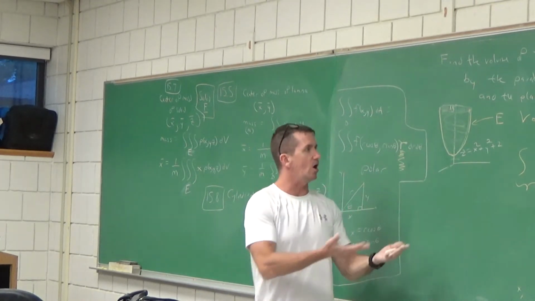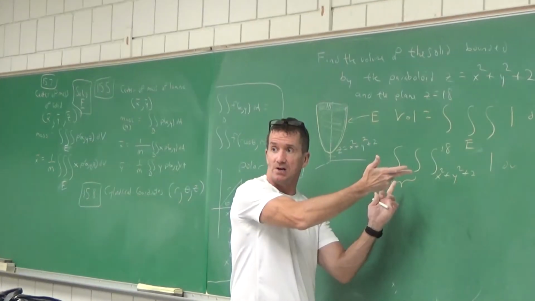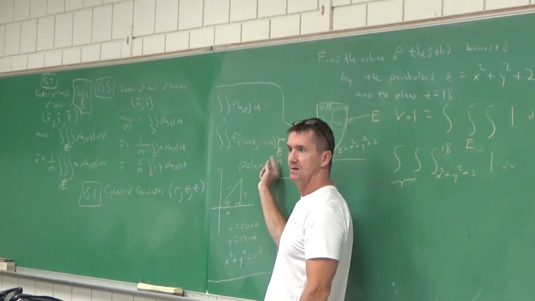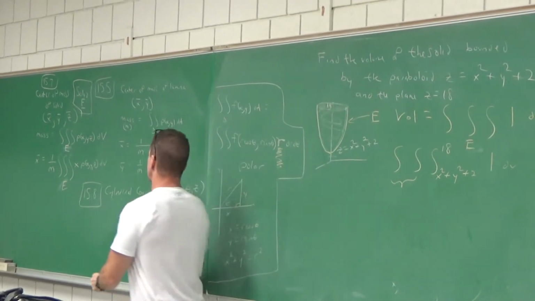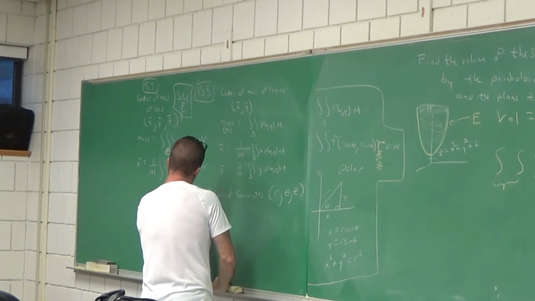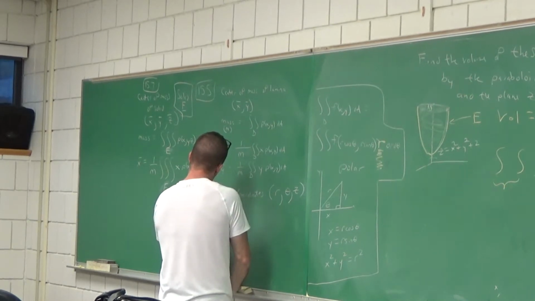But it's so awesome for problems like this, right? Because I can still do a triple integral, but don't forget, we're still going to have to put this r. So you know what this looks like? We're saying a triple integral of some function of x, y, and z dV